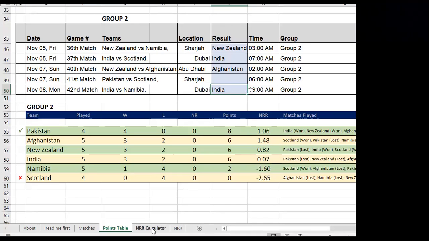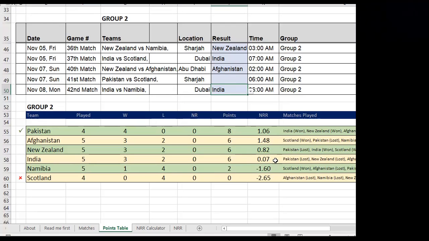So now let's talk about the tool that we have. Let's continue this scenario that we just talked about. Let's say that Afghanistan has beaten New Zealand, and this is what the points table looks like. India is now heading into the last game against Namibia, and India has to overtake the top team, which in this particular case is Afghanistan.